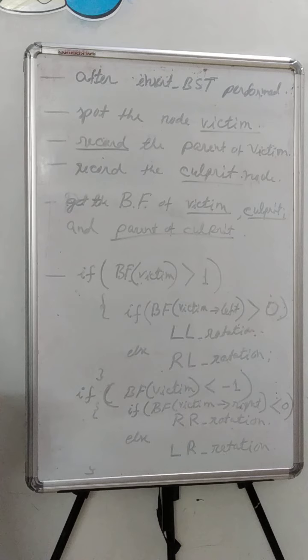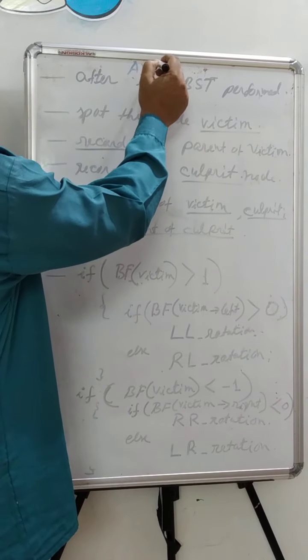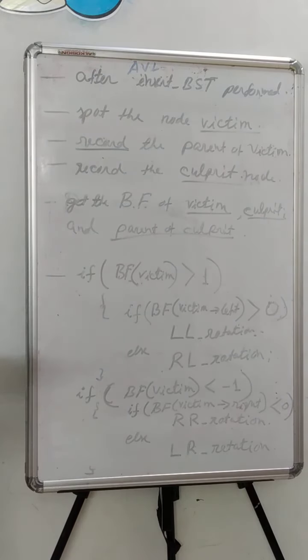In the previous video, we discussed the different properties of the AVL tree and how the insertion will perform. So the first step of insertion, the AVL tree will be treated as a binary search tree, and the new node will be put into the required leaf position of the binary search tree.